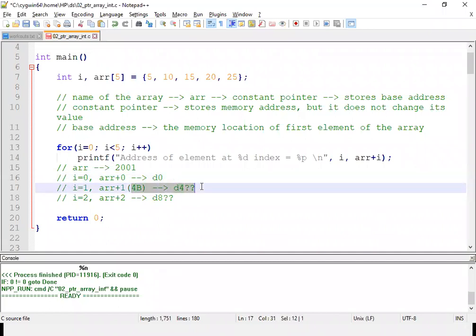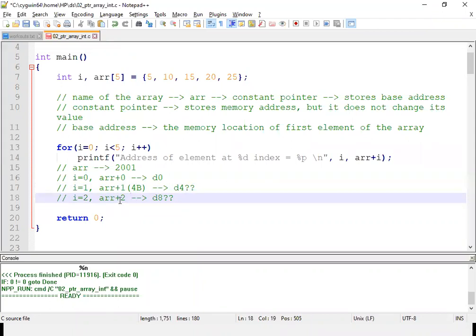Understood this notation here? How we got D4 here? In the same way, for the next element, this particular operation, ARR plus 2. What does ARR plus 2 mean? ARR is D0. Let me write it elaborately: ARR is D0 plus 2.